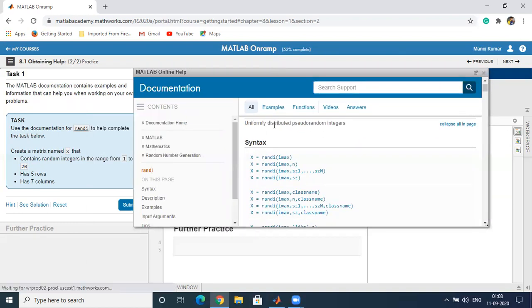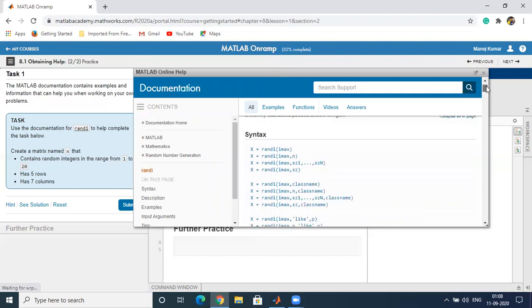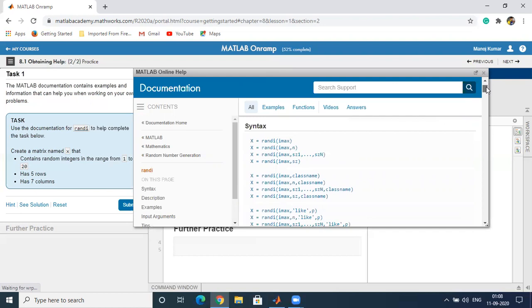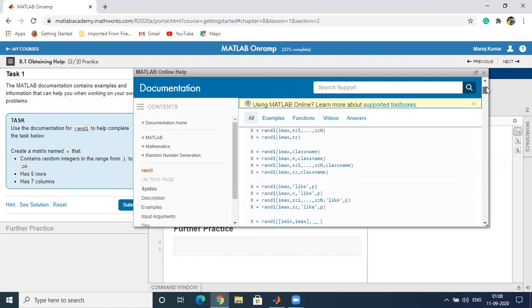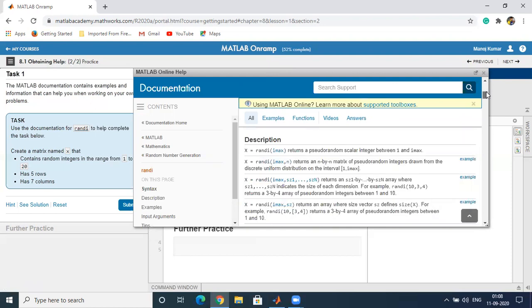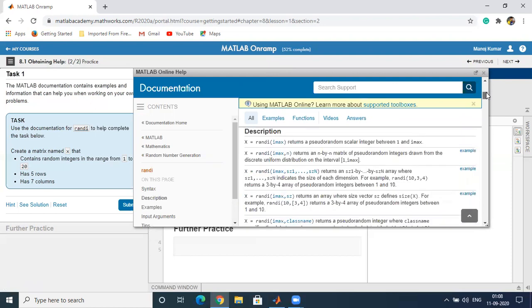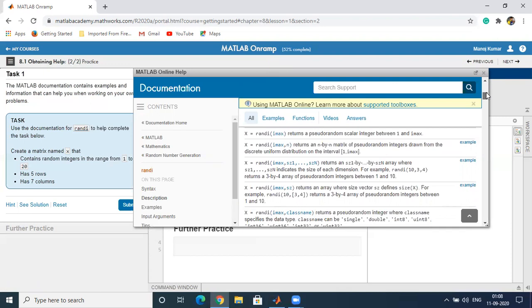Now you can see here there are many syntaxes given for randi: randi(imax), randi(imax,n), randi(imax,sz1,...,szN), randi(imax,sz), and the description is given. x equal to randi(imax) returns a pseudorandom scalar integer between 1 and imax. randi(imax,n) returns an n by n matrix of pseudorandom integers drawn from the discrete uniform distribution on the interval 1 to imax.